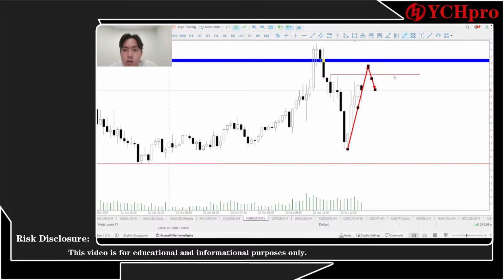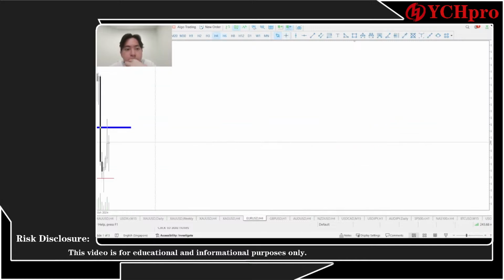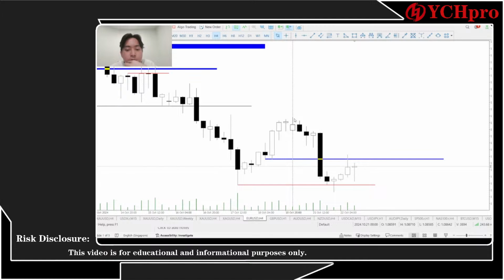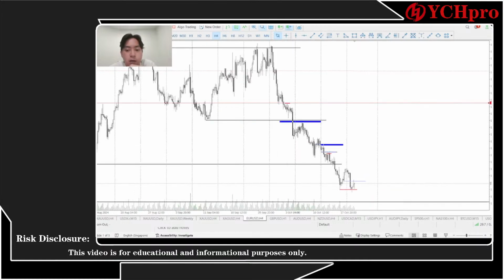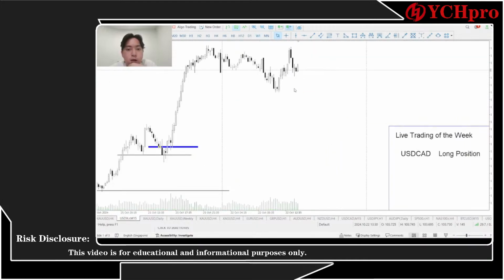Once I do shorts, I will be preparing to do shorts from here and then put my stop loss from this area. Actually, my expectation is that this might be the top of the week. There's a possibility that this might be the top of the week, and then the price will likely continue going on the lower side, because overall what we can see right now is that the dollar index is going higher and higher.